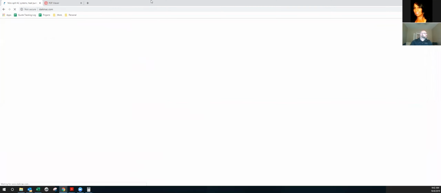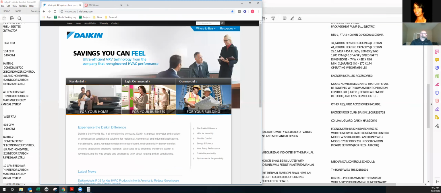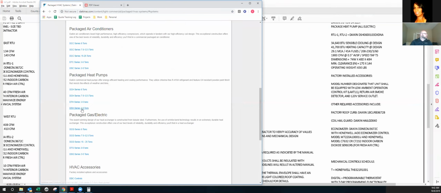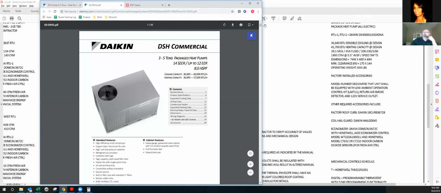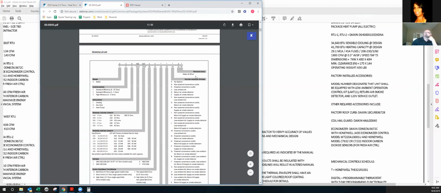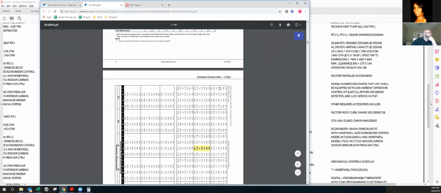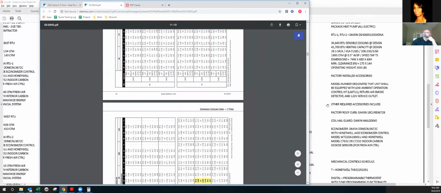daikinac.com, where we go for all of our commercial Daikin equipment, and we'd select under the light commercial the package heat pumps, and we'd go find that DSH 060. So we know it's a DSH series, and the 060 tells us it's a 5-ton. So spec sheets, and then we're just going to go down again to our expanded cooling data. So here you've got the same charts that we've seen before. We're going to go down to the 5-ton version right here, and